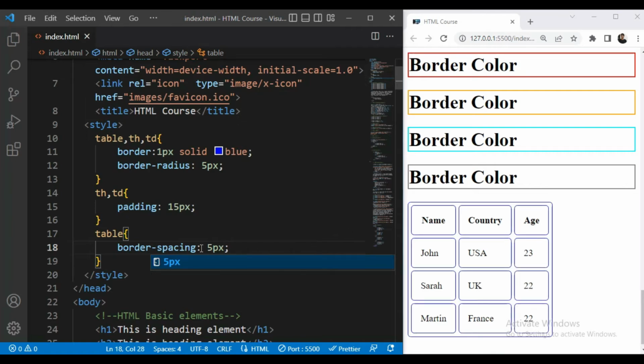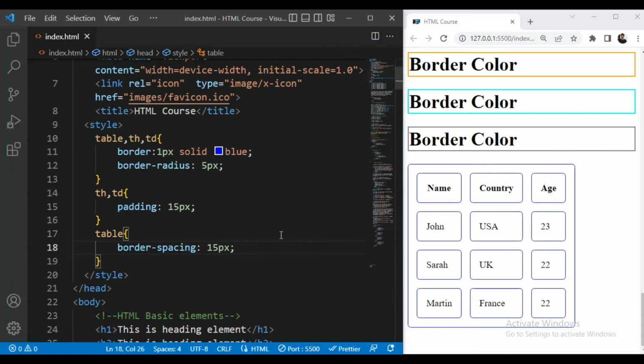So now you can see, so I will increase it by 10. Okay. So you can see. So this is the basic HTML table. So you can also add many styling to this table. So you can give some spacing between col span and row span. You can add many styles.